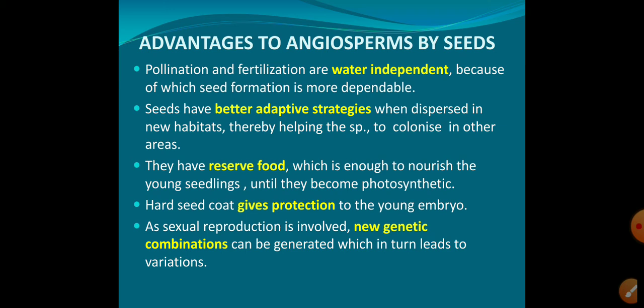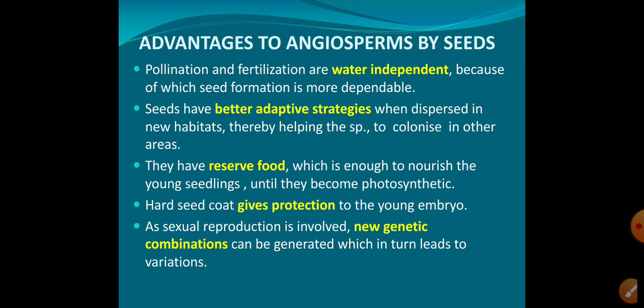These two processes, pollination and fertilization, don't require water, making seed formation the important process which is more dependent on water. That is, accumulation of reserve food materials and germination all become completely dependent on water. So that is one main thing.